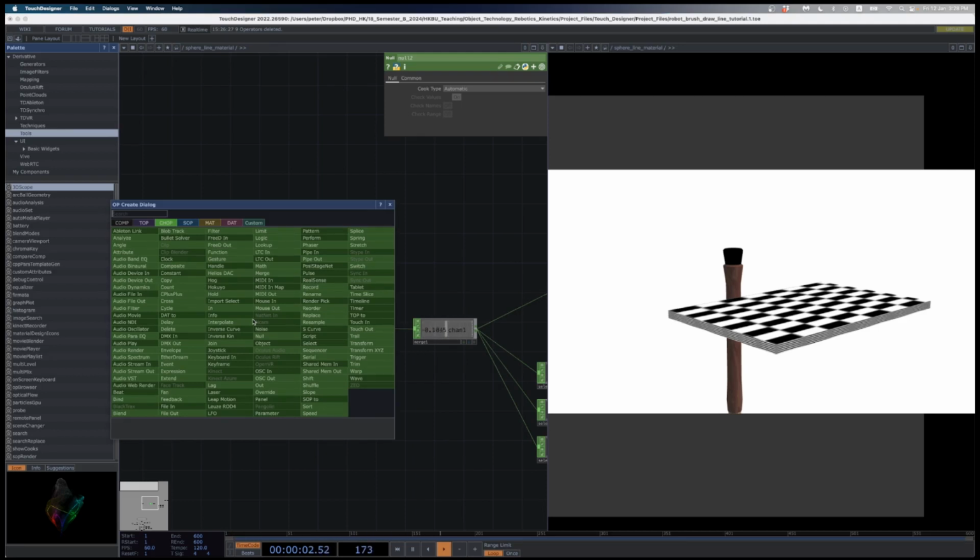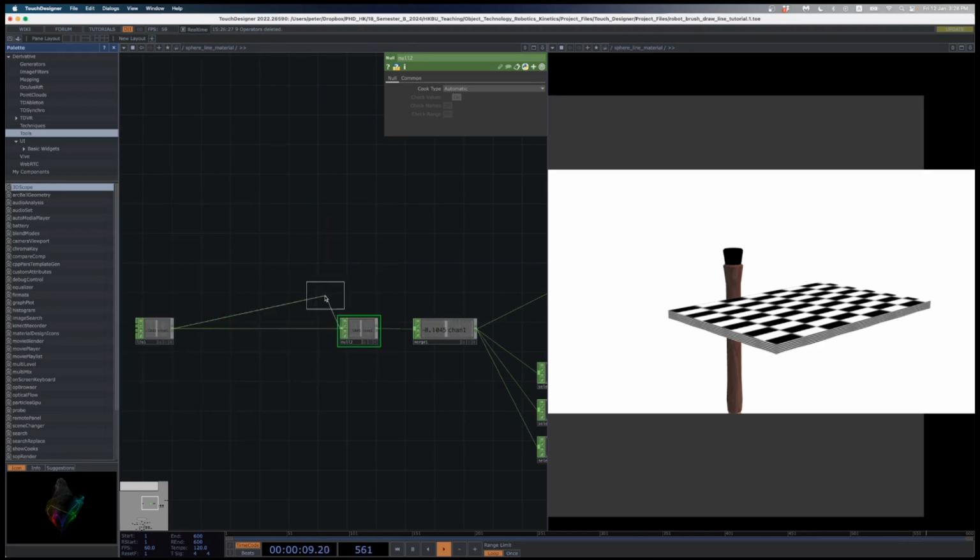Another way to add something in. This time I'm going to rename it. Click and grab that, and then I'm going to click the drop down here from chan1, and we're going to call this one